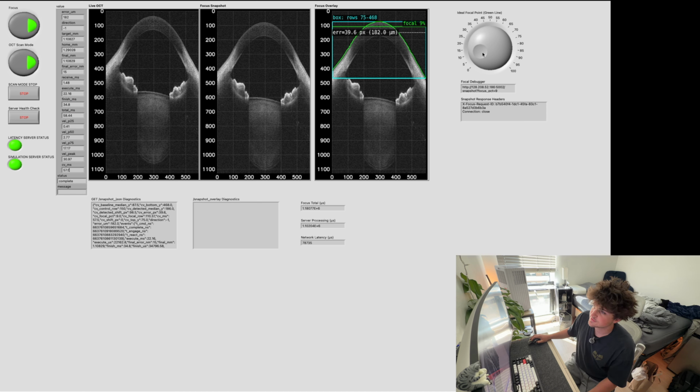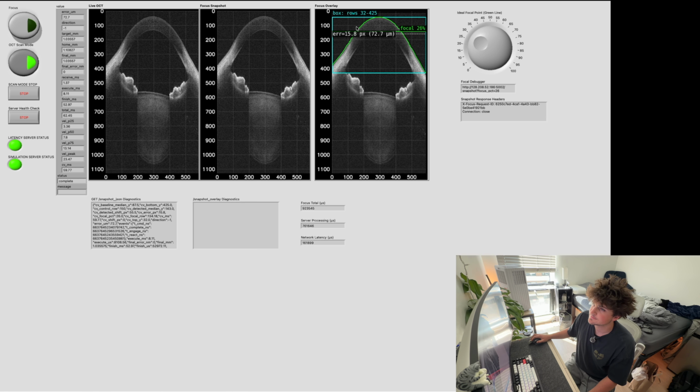It's very good. I can also adjust my focal points as we test. Let's say we discover that 26% is the best. Let's see what happens. There she is, 26% adjusted. Looks pretty good. So